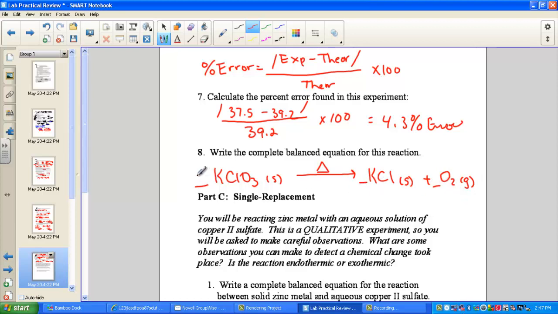This will require coefficients to balance your equation. Part A, combination. Part B, decomposition. They are both quantitative, number crunching lab components. Pause this video right here. Practice the data table until you become confident that you can do it without any help. Then move on to part